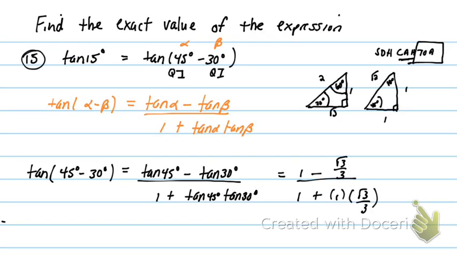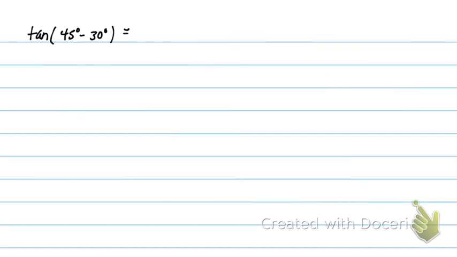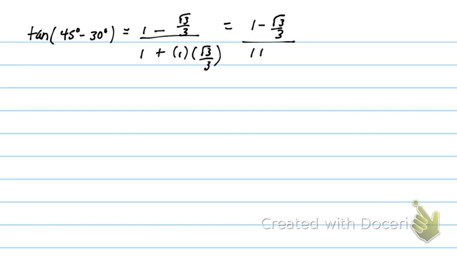All right, I'm going to start moving it over here. Let me just grab it. And then this is what we have so far. Okay. All right, so we have 1 minus root 3 over 3, and then over we have 1 plus root